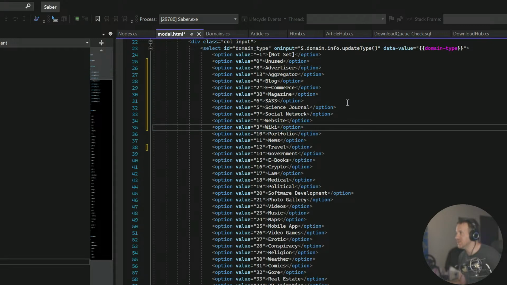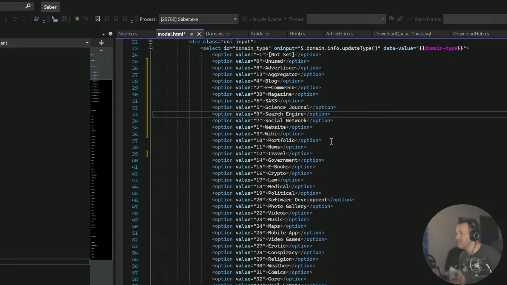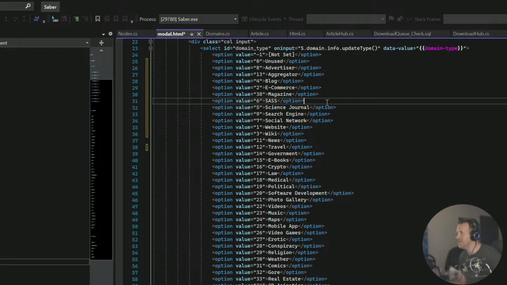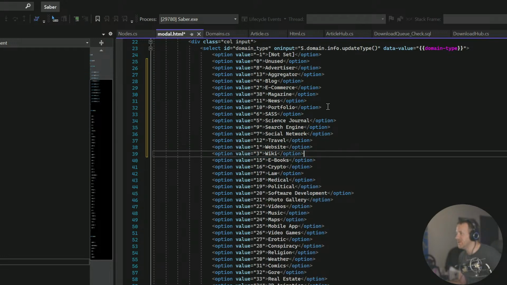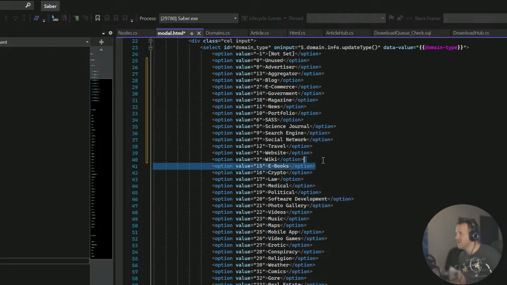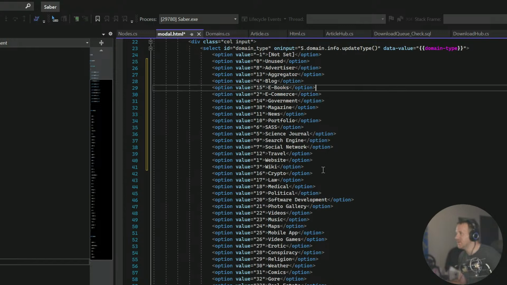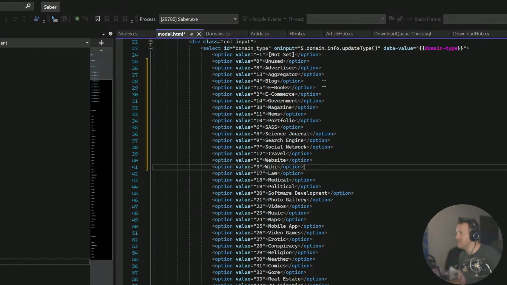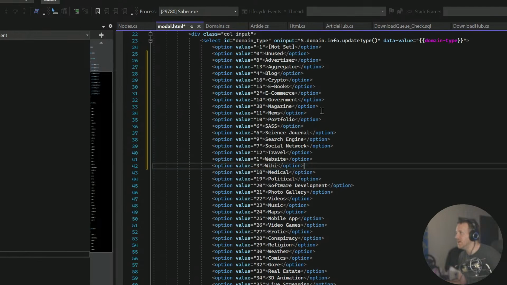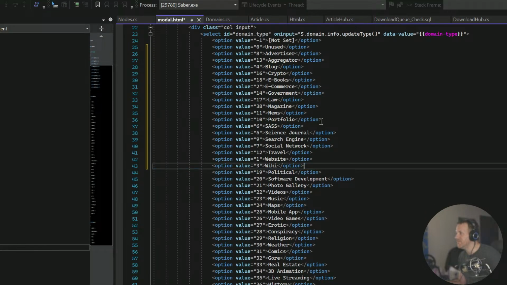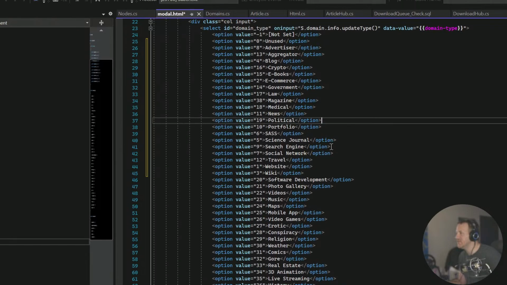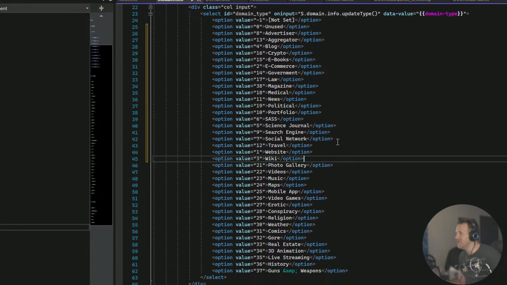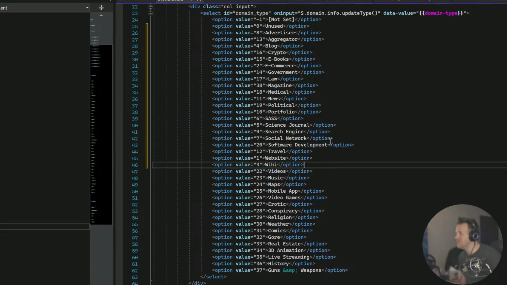Search engine, portfolio, LMNOPQRS, news, travel, government, ebook, crypto, law, medical, political, software development, photo gallery,